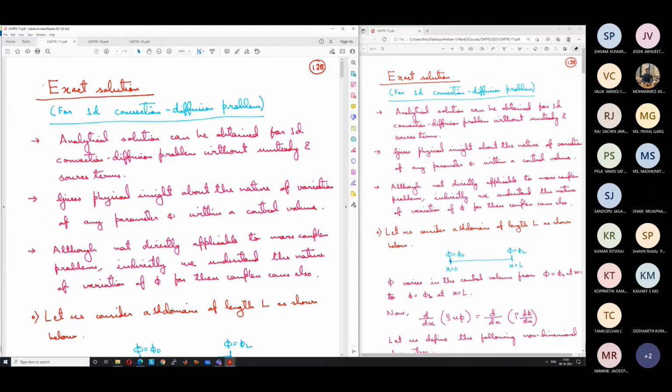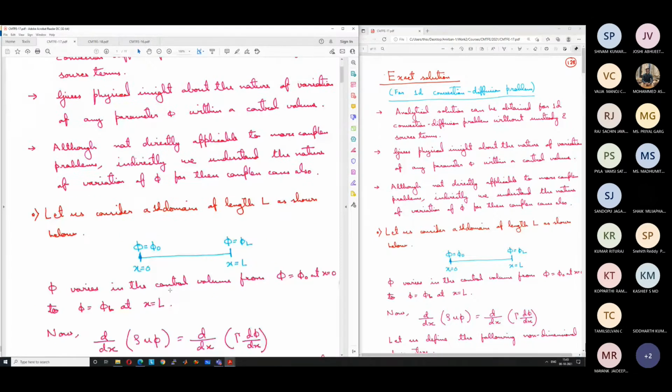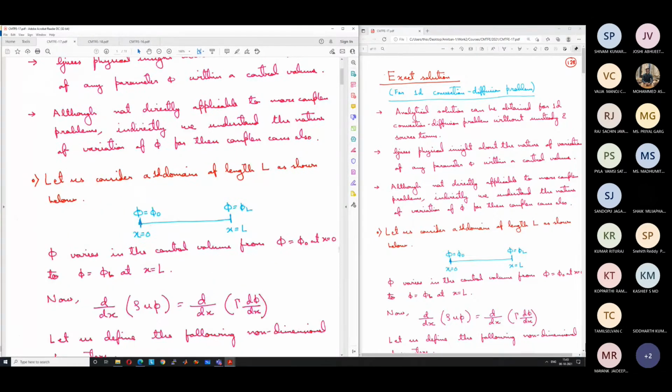To do that, we will assume a one-dimensional problem, as I've just described. You can assume that this is going from one grid point to another grid point, like the distance between two grid points. Or it's like an independent problem. Whatever it is, we do not have to bother right now. So for this problem, the domain goes from x equal to 0 to x equal to L. It is a one-dimensional domain, so it goes from 0 to L.